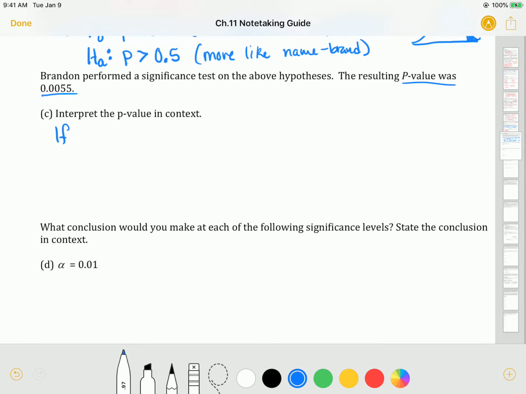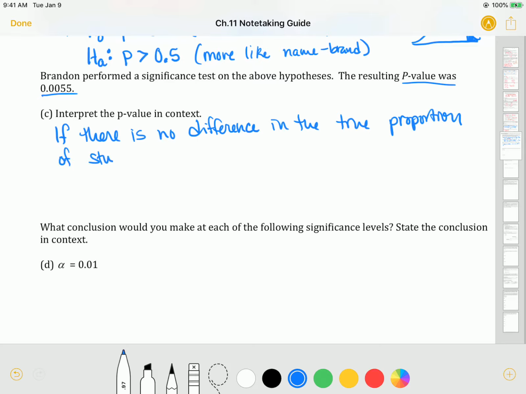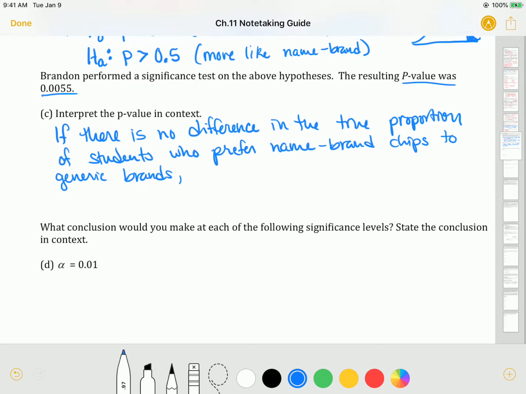So if there is no difference in the true proportion of students who prefer name brand chips to generic brands, then the probability of observing a sample proportion